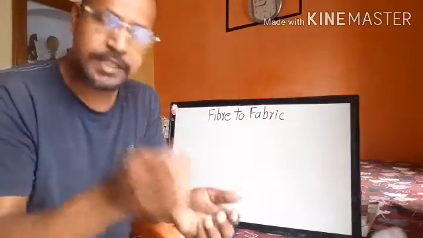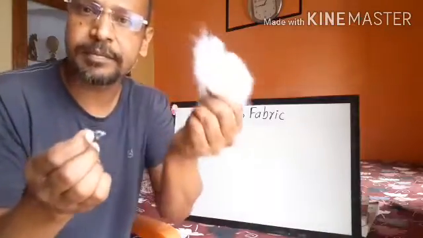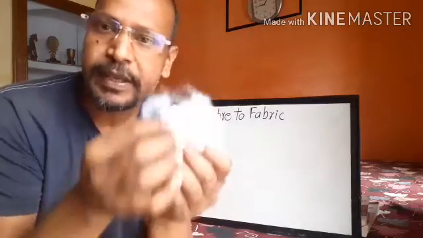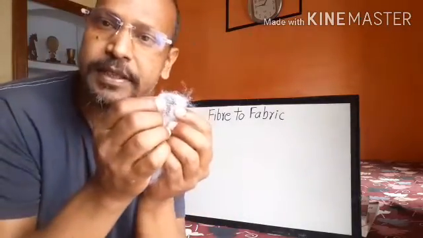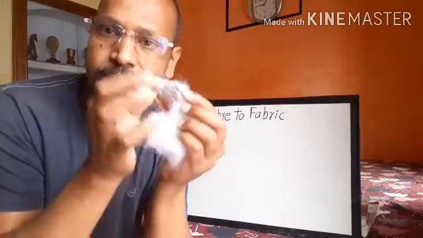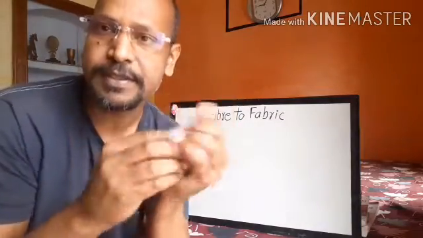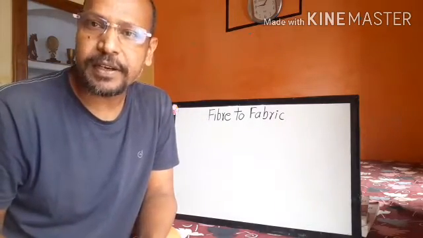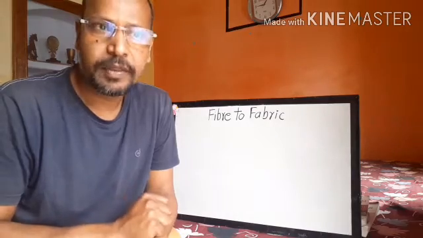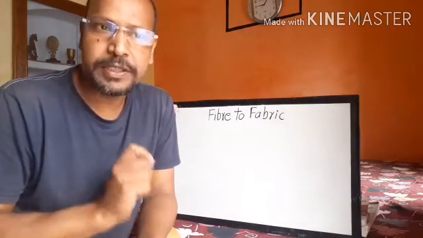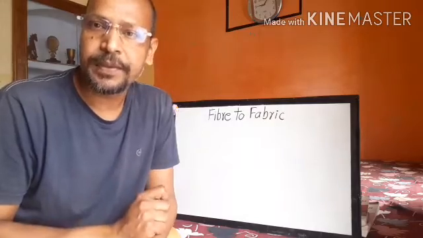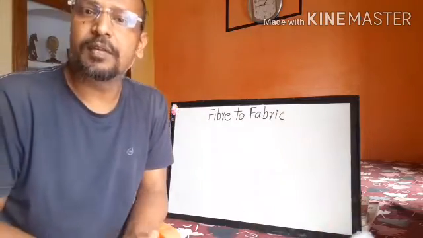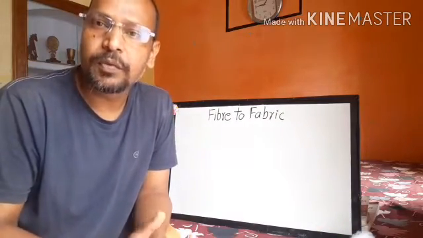So these small tiny structures, I have some samples of these structures. What are they called? These structures are known as fibers. Fibers, as you know, are used in clothes of different kinds, like those we wear in summer. Mostly the clothes we use in summer are made of cotton. Similarly, the clothes we use in winter are made of wool.